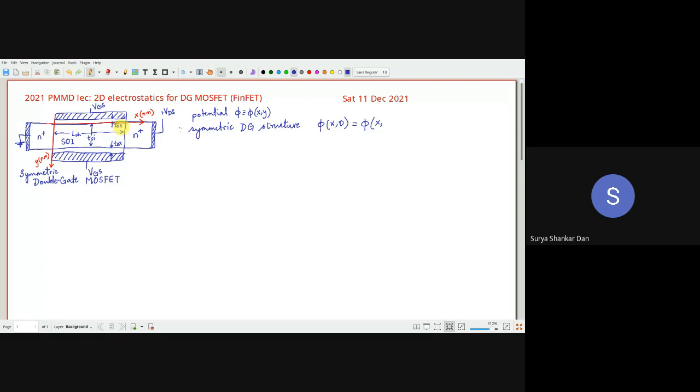So essentially, it implies that this silicon on insulator is floating in between. It is sandwiched between two oxide layers. Got it? Okay. So one surface is at 0, and the other will be at TSI. Now, both of them will be equal to the surface potential phi s, which is a function of x alone. Make sense?